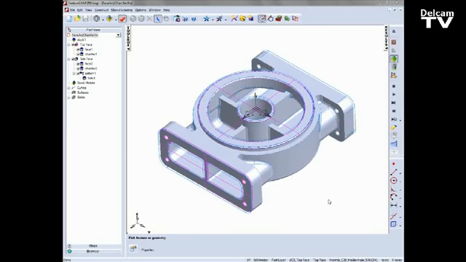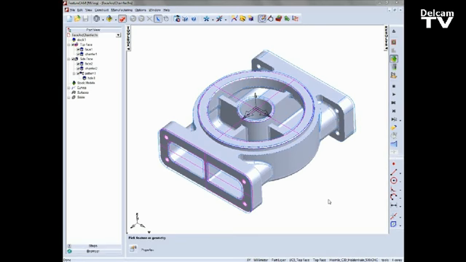In FCAM2012R2, users now have the ability to take their face mills and use them for chamfer operations. So this means that if you have an indexable or insertable face mill tool that has an angle on it that represents the same angle as your chamfer, you can use that face mill tool to machine those chamfer areas. The main benefit here, of course, is that you then have a minimum number of tools that are required to